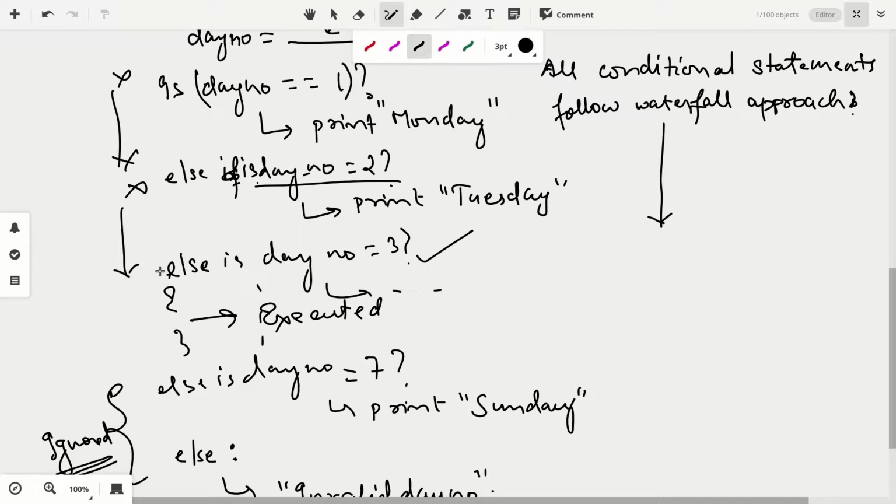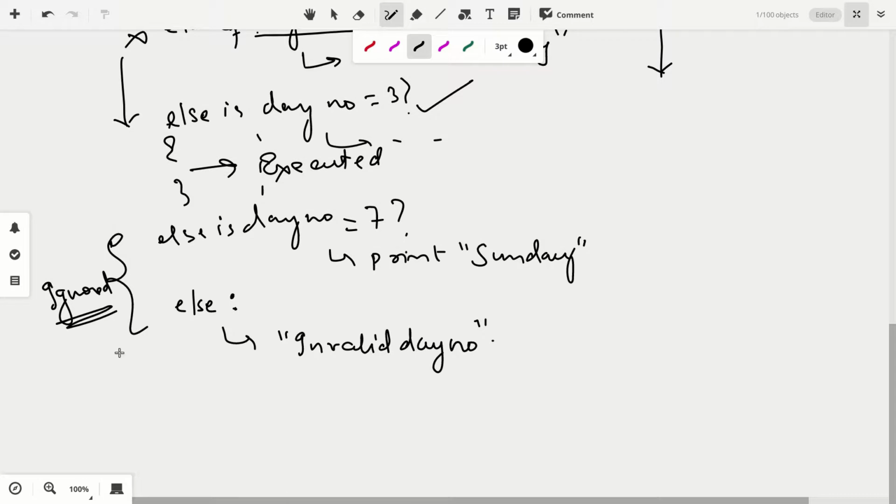And if that happens to be true, then the statements contained within the braces of the third block will be executed, and then the rest of the subsequent cases which lie below it won't be executed. If the conditions of all the top cases are not met, then of course the last case will be executed automatically. The last will always be else, you remember. That means for all other cases, if all the conditions before it have failed to match, then automatically the else block will be executed.